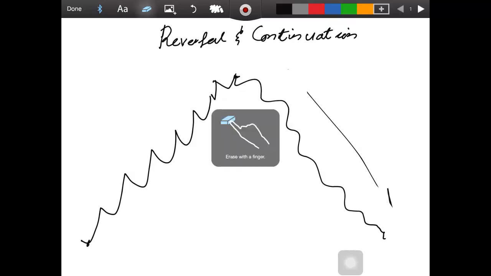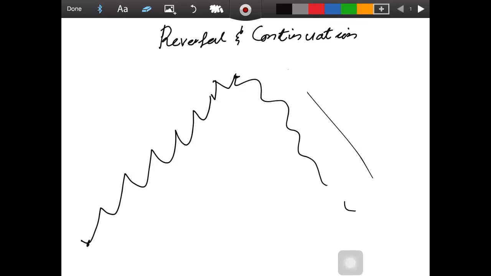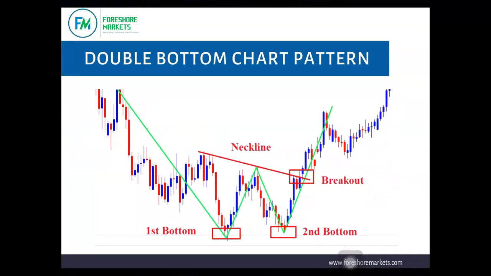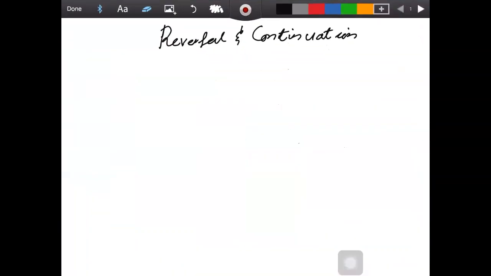so let me clean this. The examples of reversal patterns are what? Let's look at the examples we have done in the past, from the double top, double bottom. Okay, so your double top, double bottom is a reversal pattern. Okay, so trend is going,